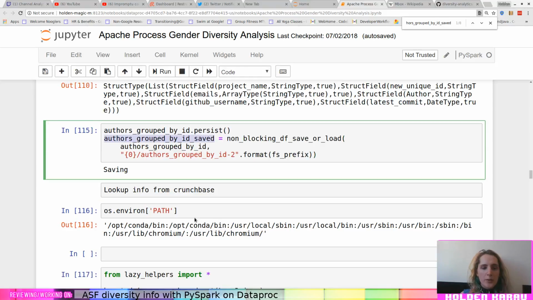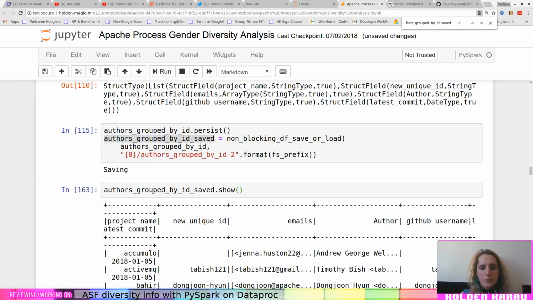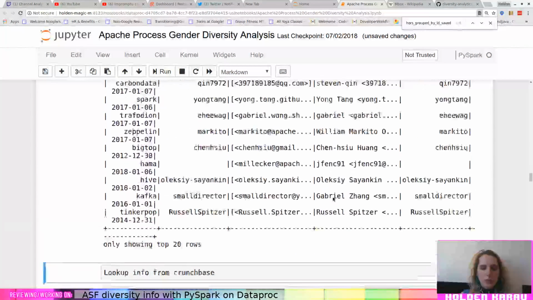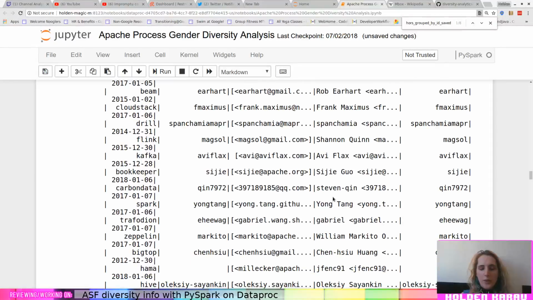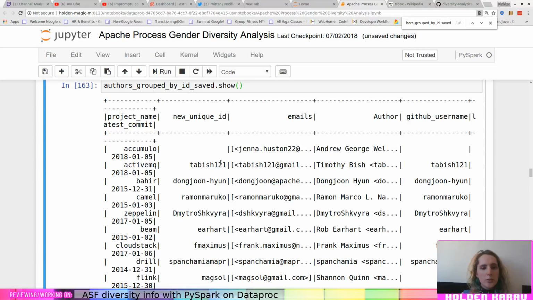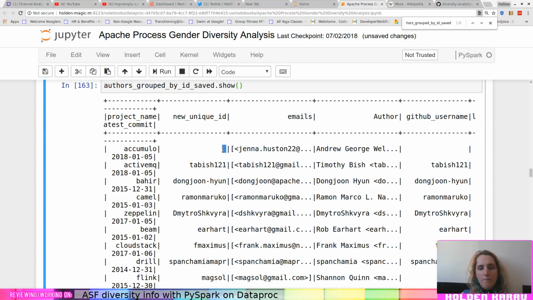Let's go ahead and do show. Insert cell below. I mean, it looks like... Oh, okay, new unique ID is blank here. Wait. That's not good.